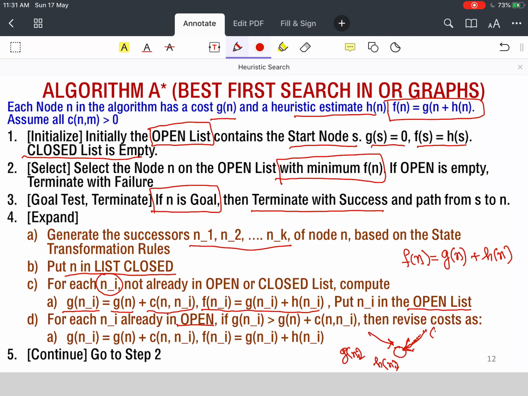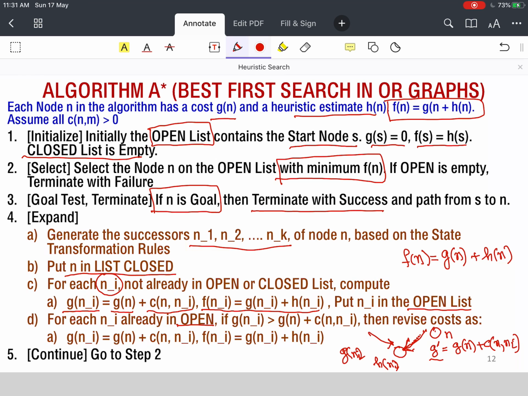Now I have a new path coming into this node from node n. So I have now computed a new value, G dashed, which is equal to G(n) plus C(n, n_i).